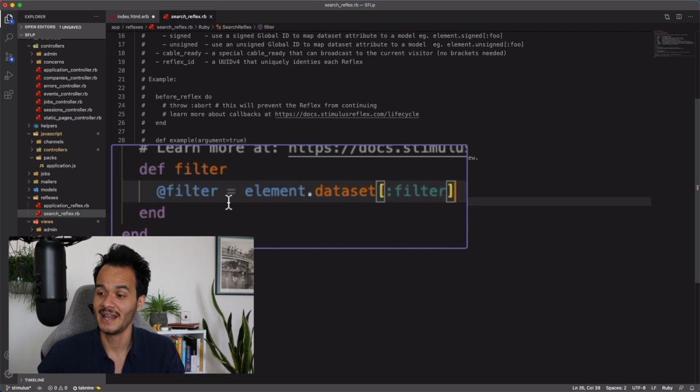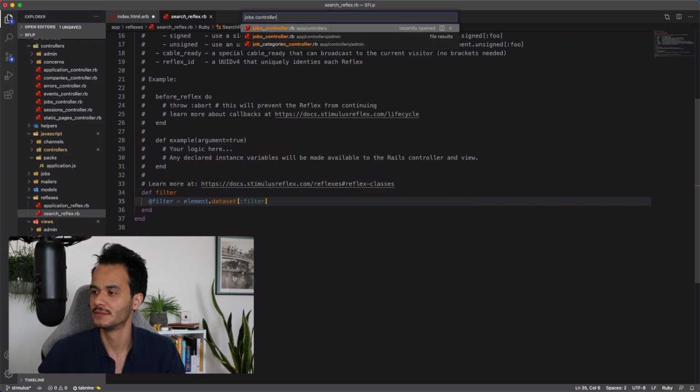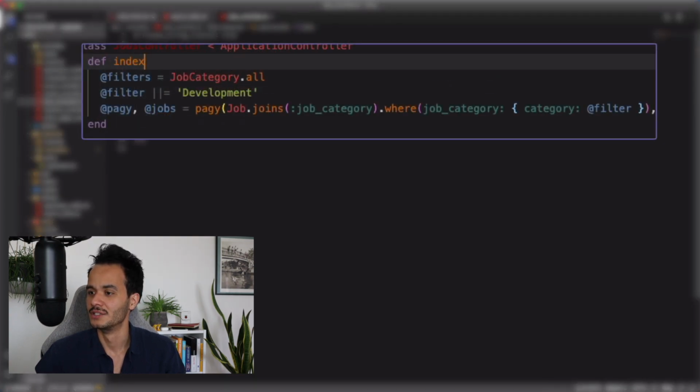element.dataset.filter. And I added an @ sign in front of that variable because Stimulus Reflex will automatically grab any variables that start with an @ sign and send it to the controller method for the page that we're in, which is the index method inside of the jobs controller. And as you can see here, I'm using that filter variable to grab all of the jobs that match that